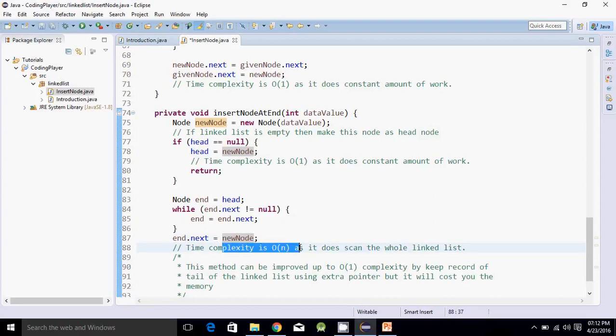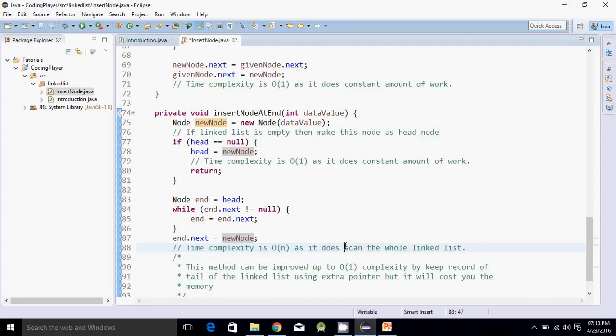This method can also be improved to O(1) complexity by keeping a record of the tail of the linked list. When inserting the first node, the tail record would be the first node.